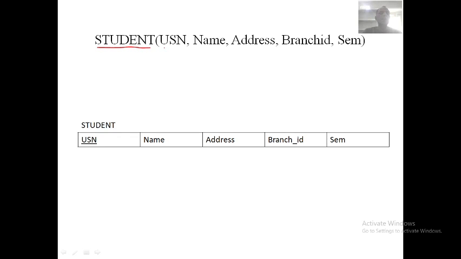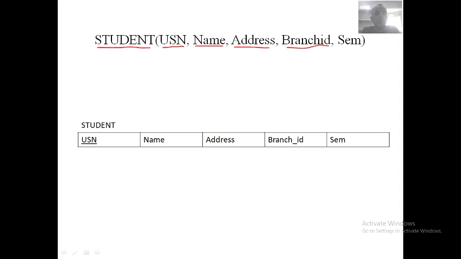Then tell me one attribute: USN. Every student will have a university seat number, every student will have a name, an address, and a branch ID, meaning he must belong to one branch.